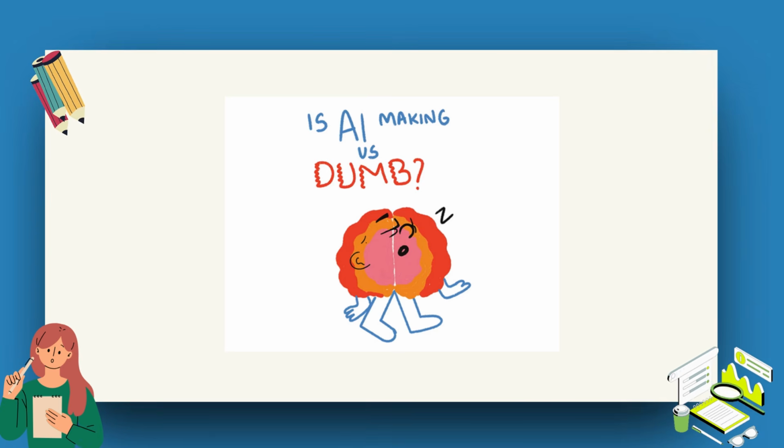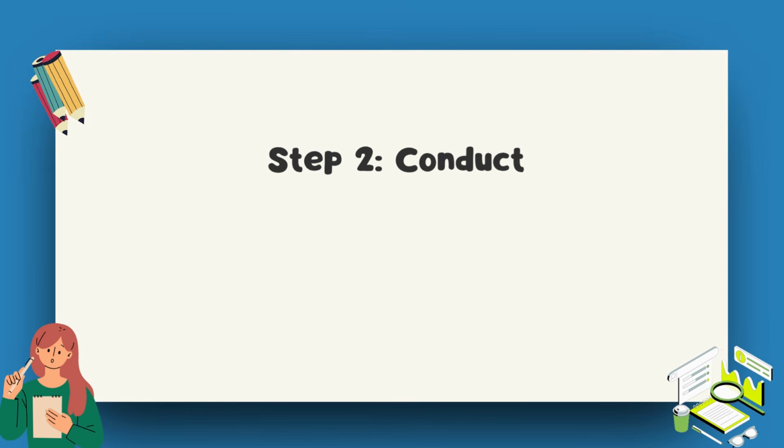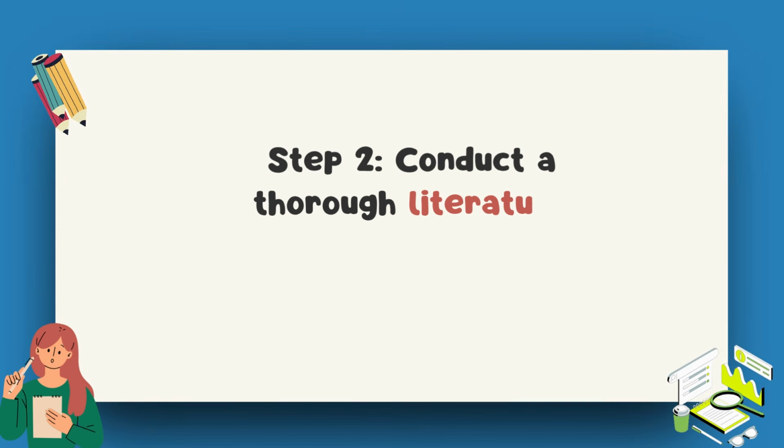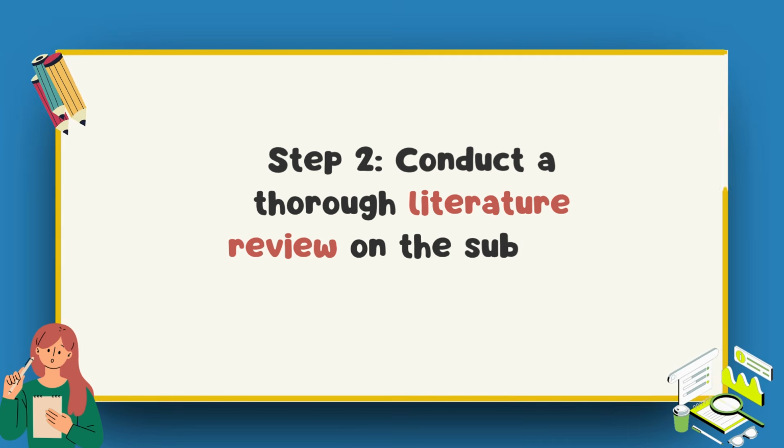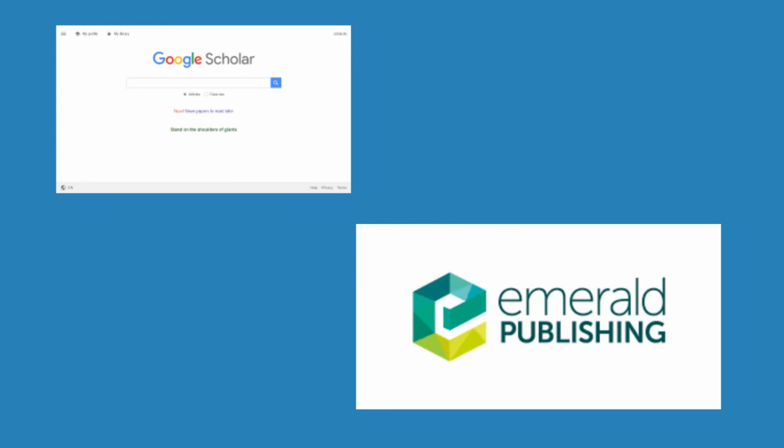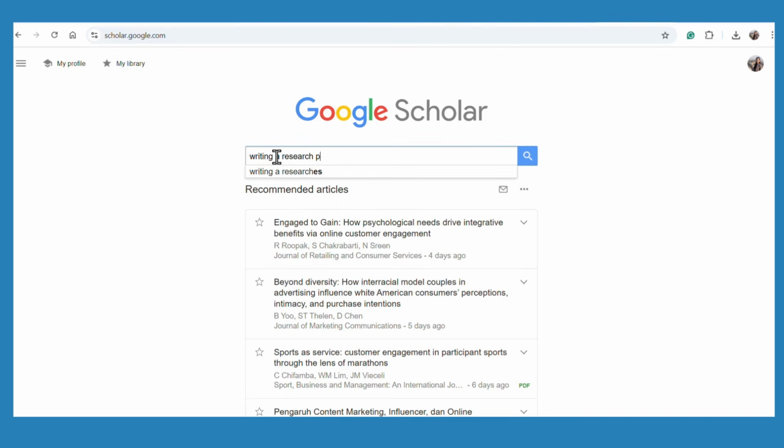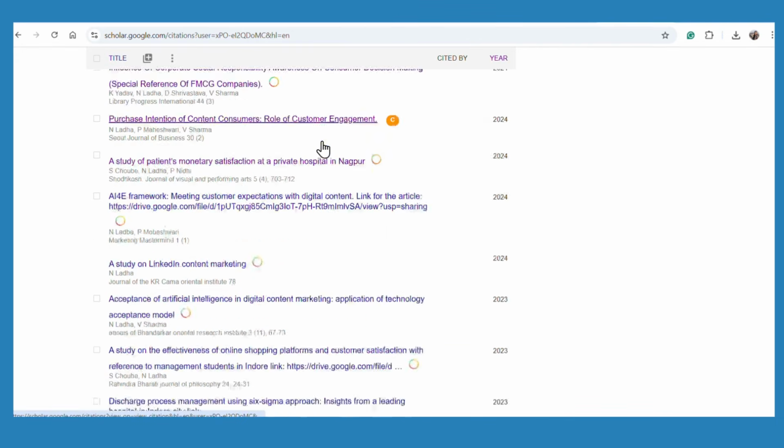There is a possibility that your research question has already been answered by someone else. That's why we conduct our step 2, that is, conduct a thorough literature review. Literature review means deep diving into the existing research. In management research, we generally use two databases. First one is Google Scholar and second one is Emerald Insight. There are n number of papers available on Google Scholar, published by different authors, in different journals. But how do we determine that the paper we are studying is of good quality?